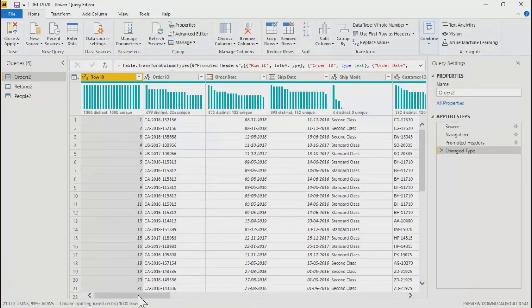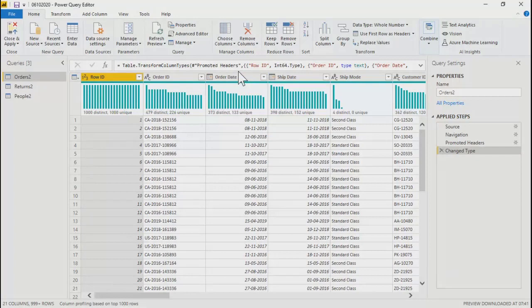Okay, fine. Let's start by going through these different options over here. The good thing is, whatever we do here, Power BI records each and every step. So anytime you want to revert or go back to an option, you can go back. When I say record, if you see here, applied steps, all the steps will be shown here, whatever you are doing within your data.